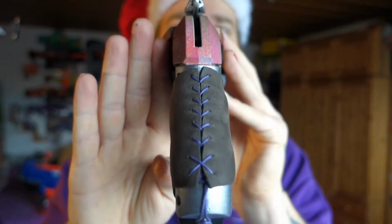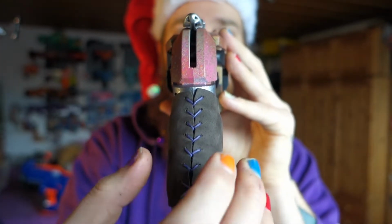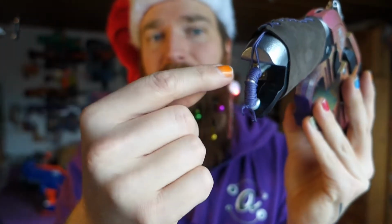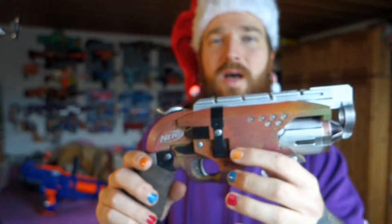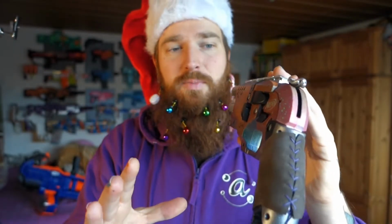Punctured a bunch of little holes in the back, and then threaded it through, and just knotted it in the bottom, and then put the excess thread down here. And that actually has a reason. If you, Mini Bread, if you're watching, and if you ever need to open this blaster,